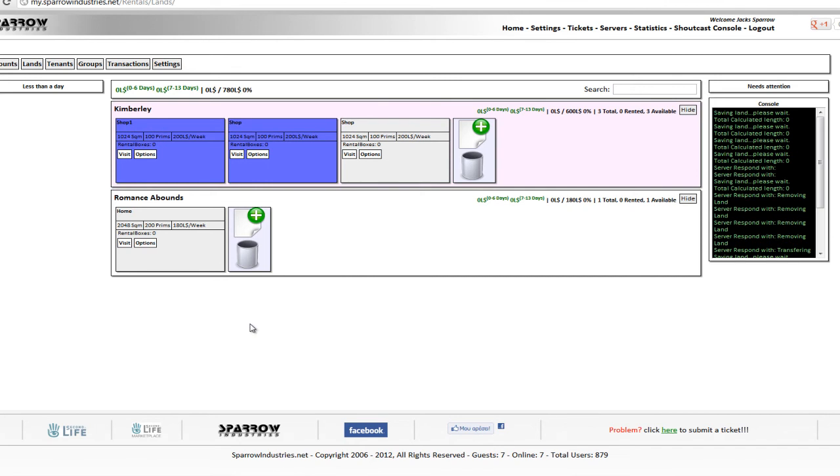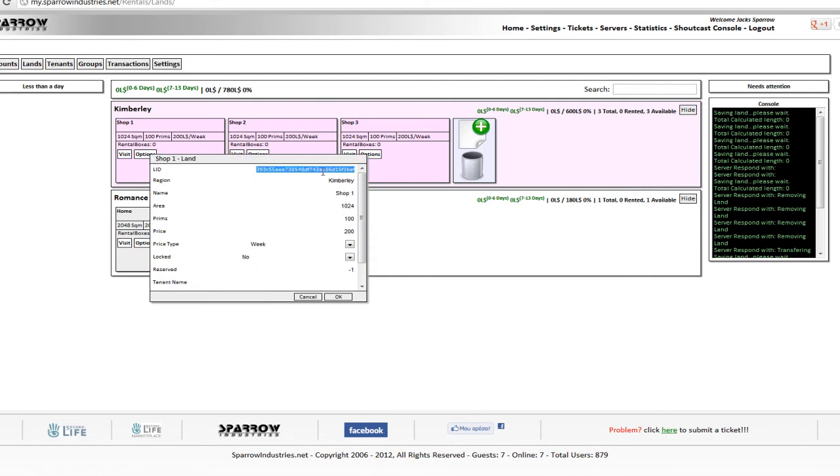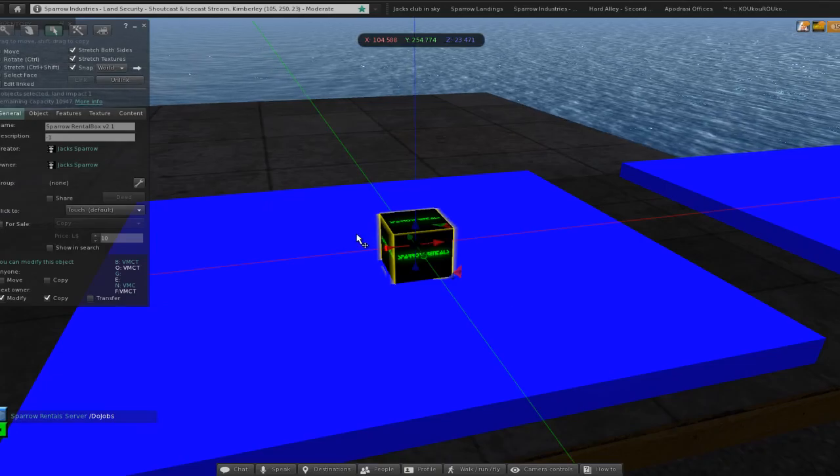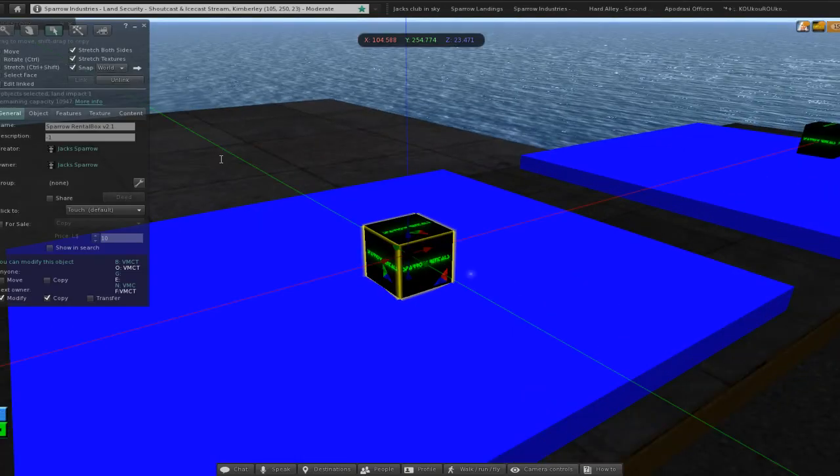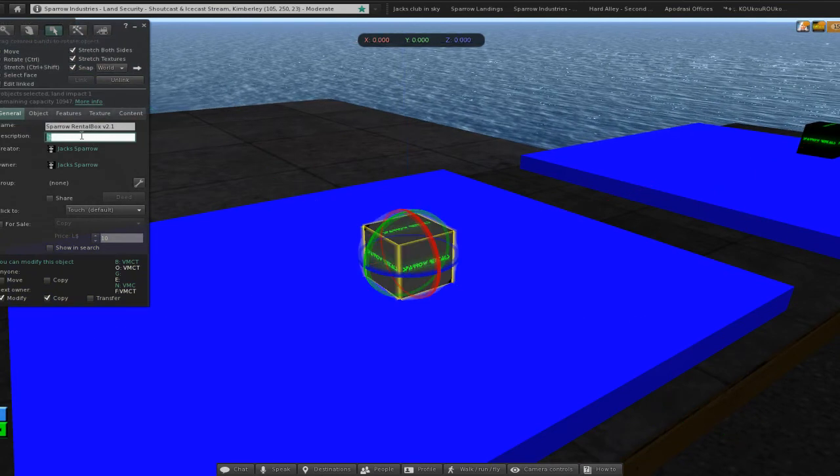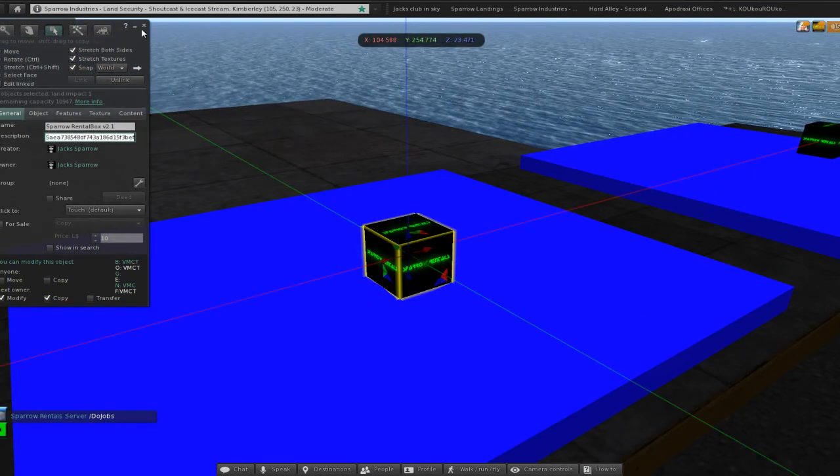Alright, so we're waiting for the system to get the updates, and okay, we're ready. So what we have to do is copy this LID of shop 1 and make it as shop 1. So you are pasting the LID into the description,